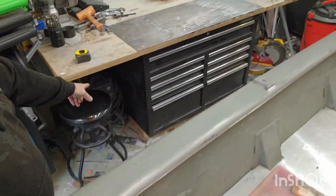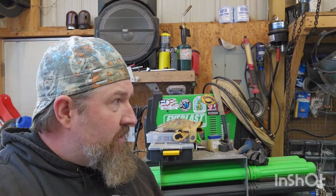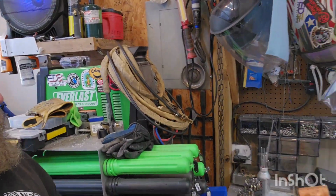So underneath here, I have a plasma cutter. You can even see that. Okay, plasma cutter, and I could utilize that more. Don't use it very often, but I may in the future start using it more. Above me is the stereo, just some torches to keep them out of the way, random Allen wrench sets, things of that nature. And then on the wall, there's some pry bars, things of that nature, the breaker panel, and